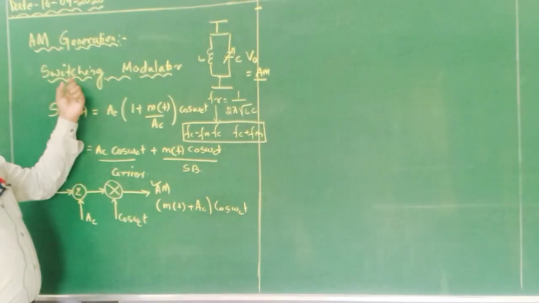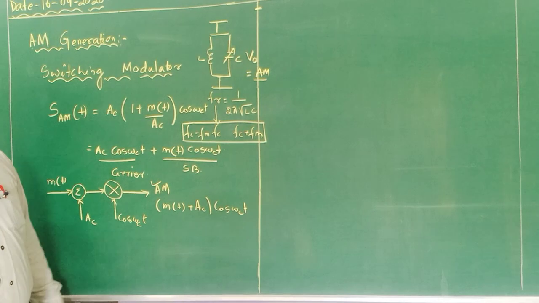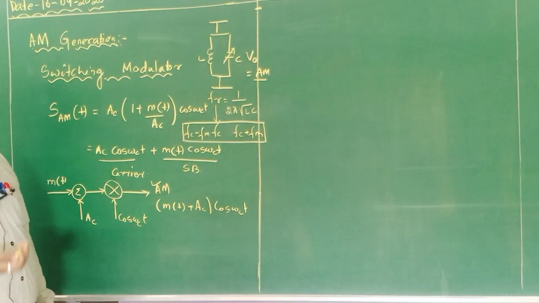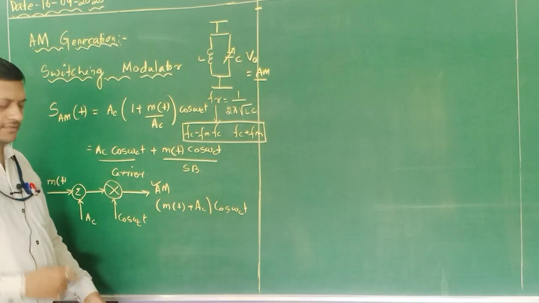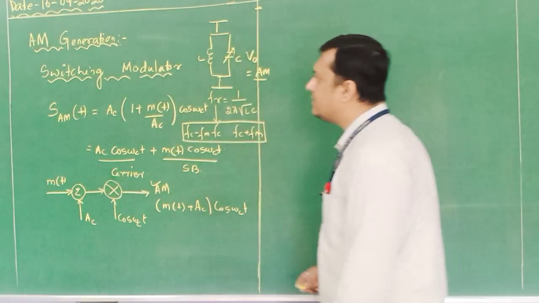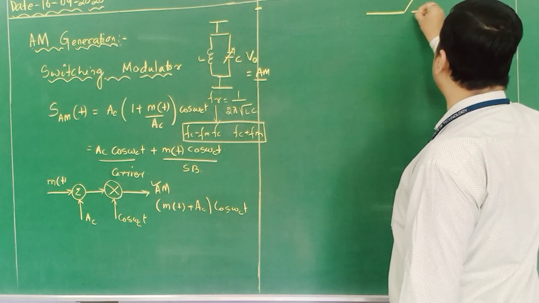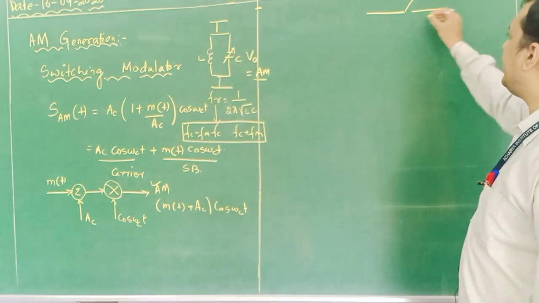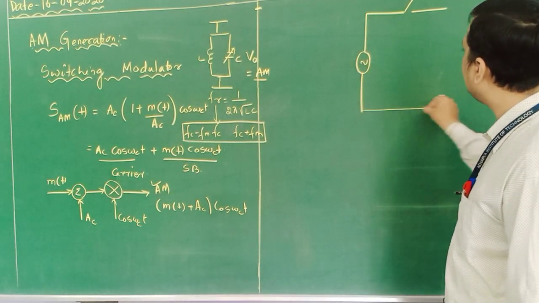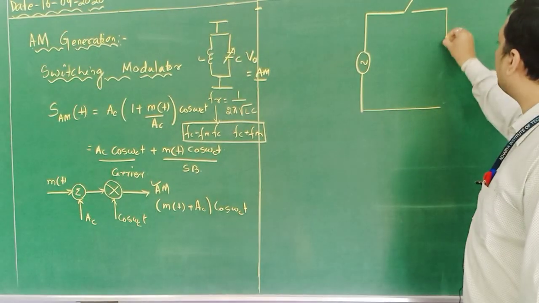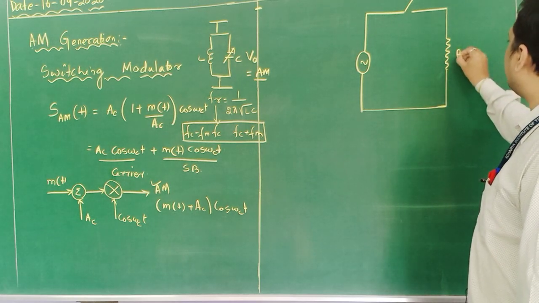Now as it is a switching modulator, we have to identify that particular switch, and at what frequency and what amplitude that switch needs to be operated. All those things need to be identified first. So for that, let us consider a small block diagram. This is a switch. Okay. In this switch, a supply is given and whose output is observed across a linear resistive value, that is R.